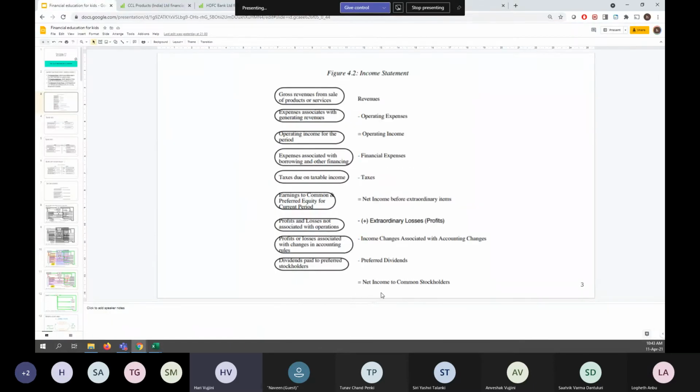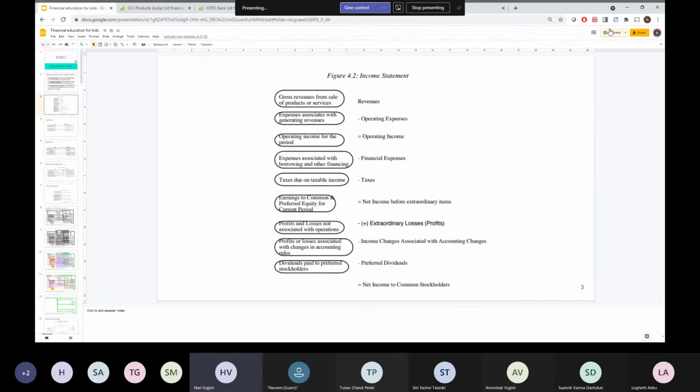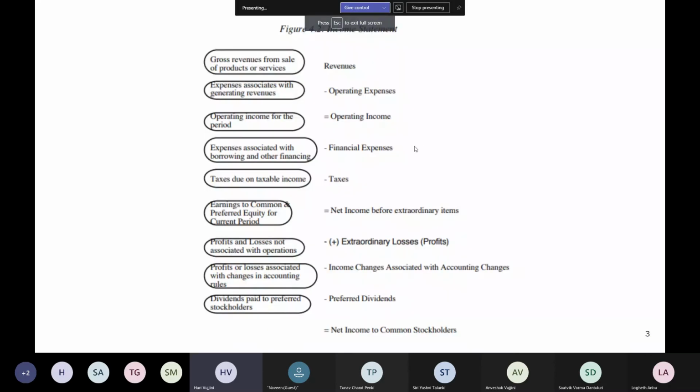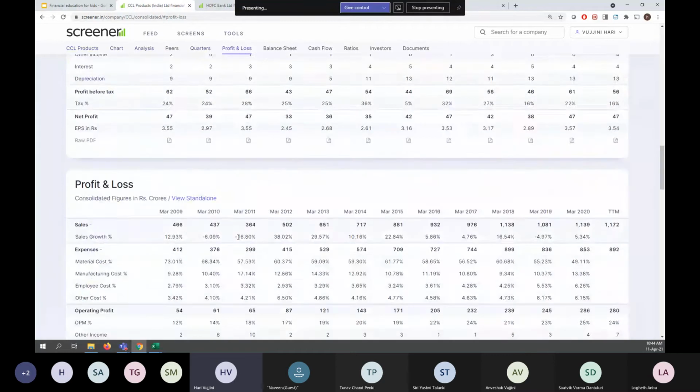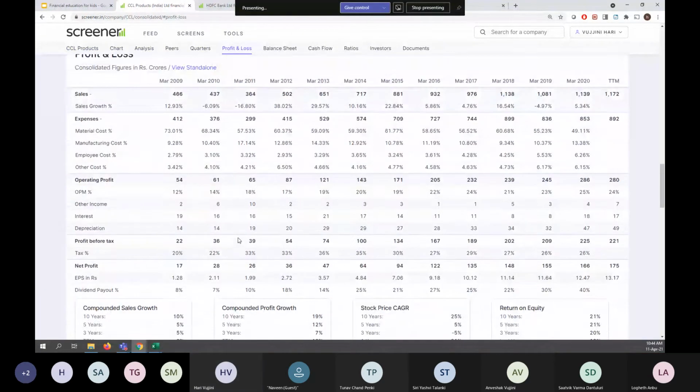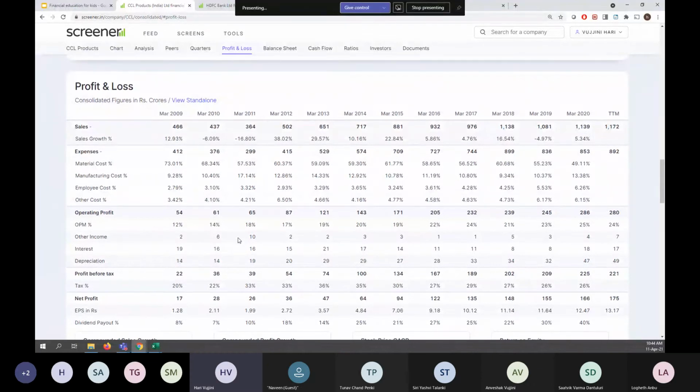As you see here, this is the income statement or profit and loss statement. That's how it's been calculated. And then we have net income to the shareholders. That's the EPS we talked about, earnings per share. This is the net income the shareholders are getting. So this is what the income statement is telling us. But more than these numbers, you need to look at different businesses and try to understand, is it a good business or not?